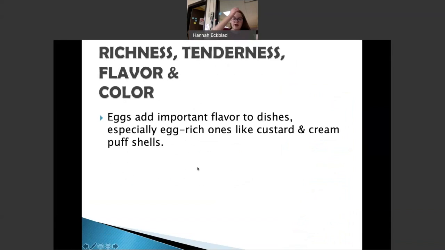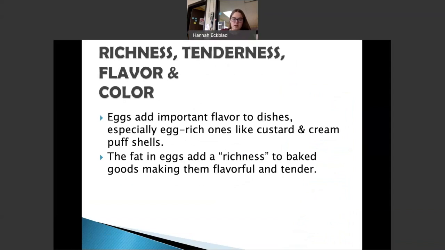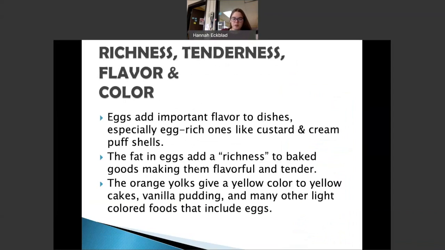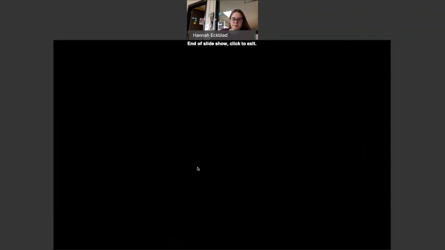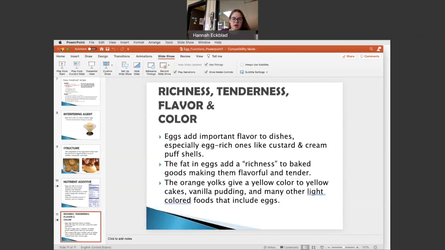Eggs add important flavors to dishes, especially egg-rich ones like custard, cream, shells. The fats can add a richness to baked goods, making them more flavorful. And the orange yolk gives a yellow color to yellow cakes, vanilla puddings, many other light colored foods that include eggs. So that sums up